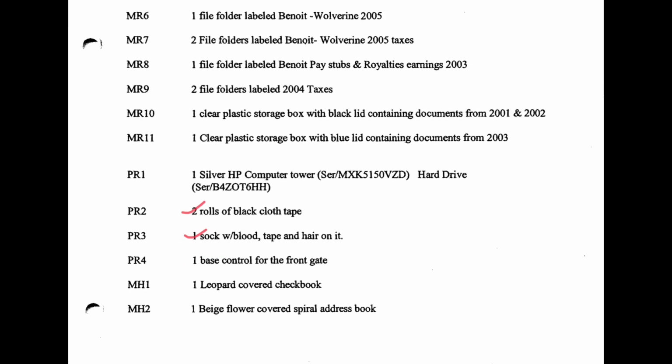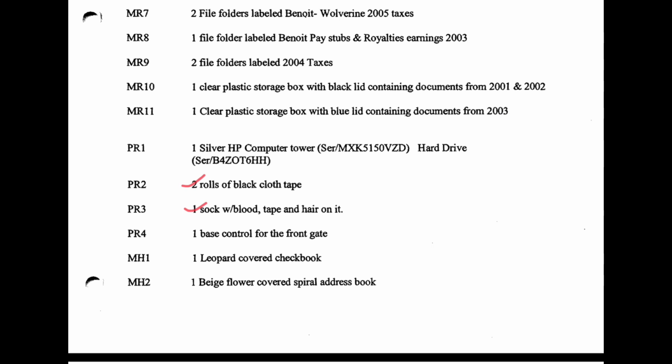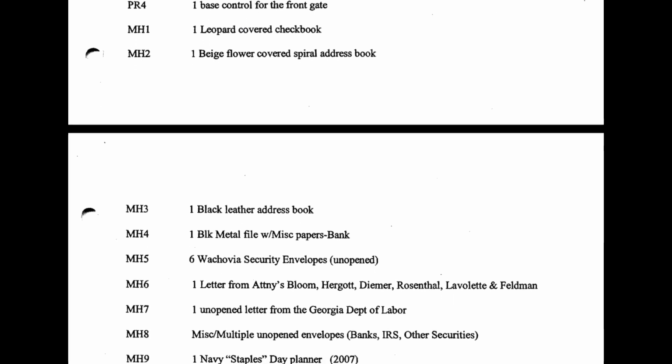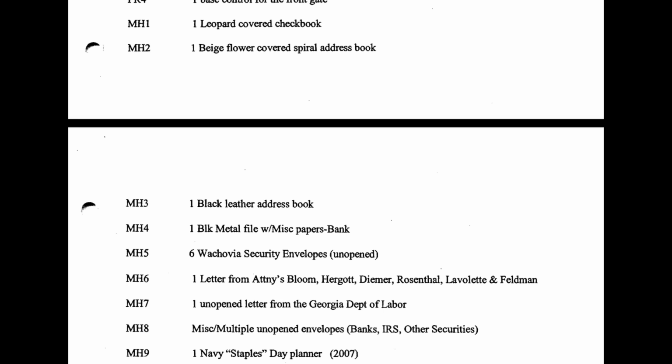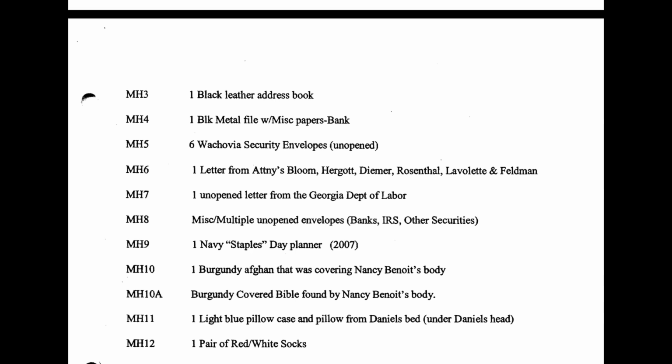And now we're at MH, another investigator. This is Mary Harris. She found 1 leopard-covered checkbook, one beige flower-covered spiral address book, one black leather address book, one black metal file with miscellaneous papers about a bank, 6 Wachovia security envelopes that were unopened, one letter from attorneys Bloom, Hergut, Damer, Rosenthal, Lavalette, and Feldman, one unopened letter from the Georgia Department of Labor, miscellaneous multiple unopened envelopes from banks, IRS, and other securities, one Navy Staples Day Planner from 2007, one burgundy Afghan that was covering Nancy Benoit's body, one burgundy-covered Bible found by Nancy's